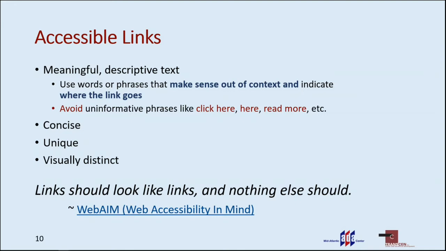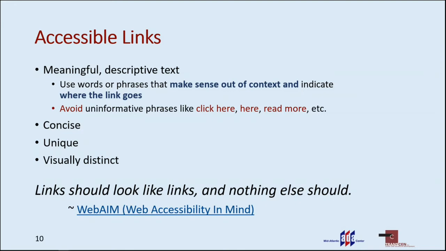If you created the hyperlink to say, click here for the webinar registration, the screen reader will read it as click here. There's no context for the user to know where this link is going. So with that said, you want to avoid these sorts of uninformative phrases like click here, here, or read more, because the screen reader also has the option of scrolling through a page only looking for links. So if the writer of the document uses phrases like click here for all the hyperlinks, it's completely useless to the user because they don't know where any of the click here's go to.